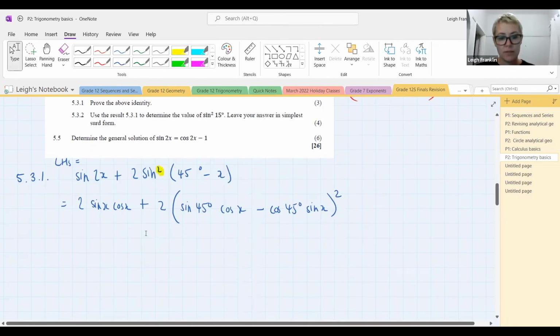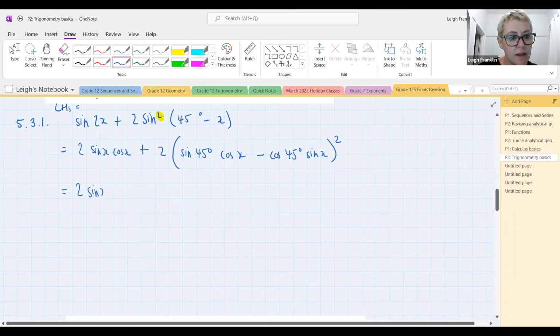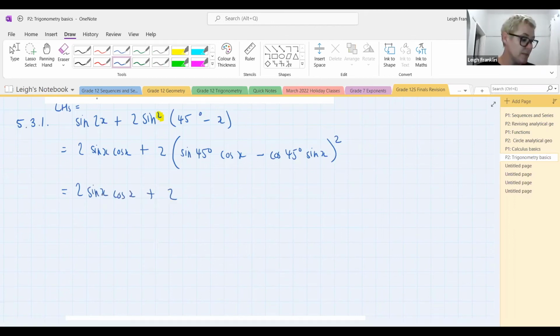I've got some special angles that I can work with here, so I'm going to use those first. So I'm going to write 2 sine x cos x plus 2 times the sine of